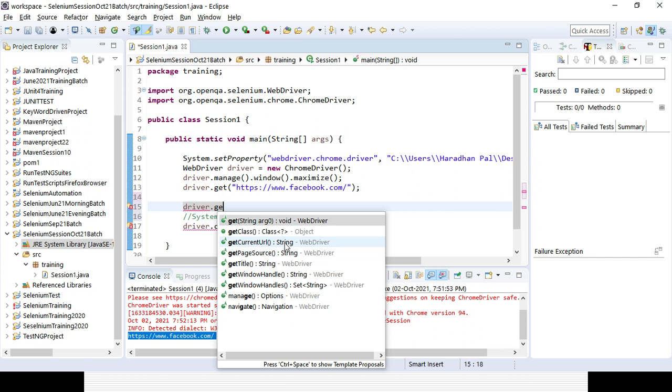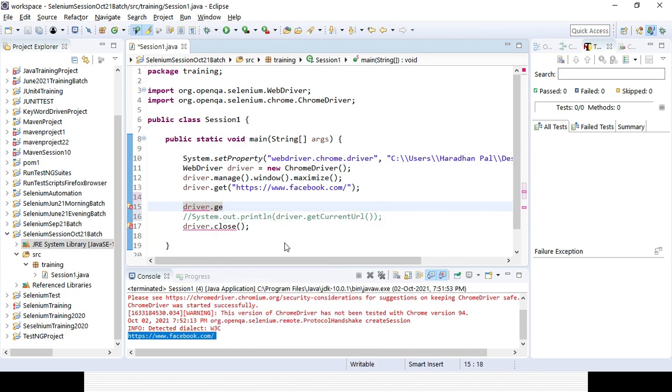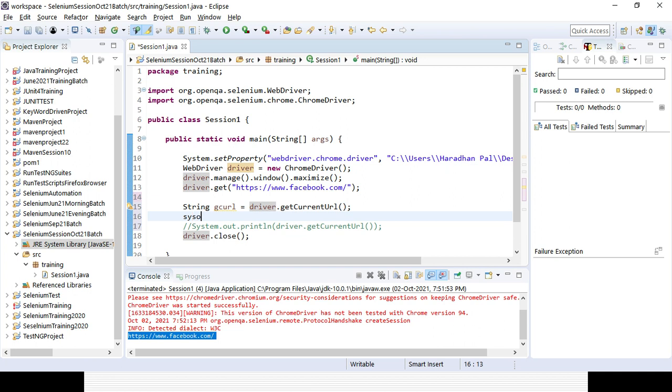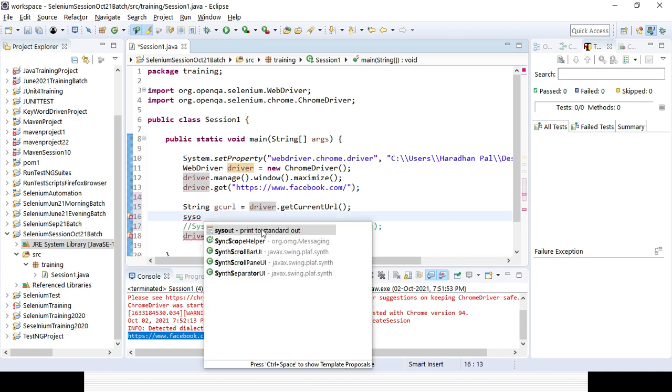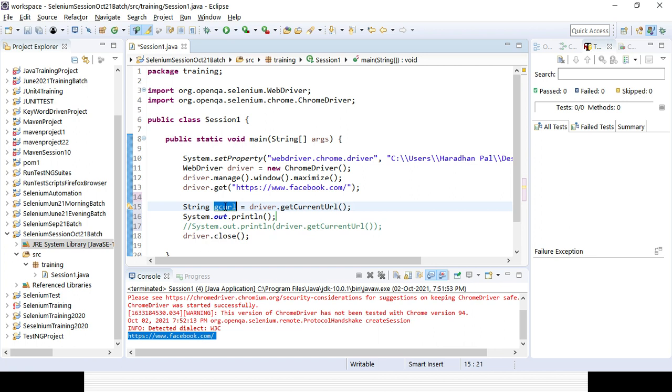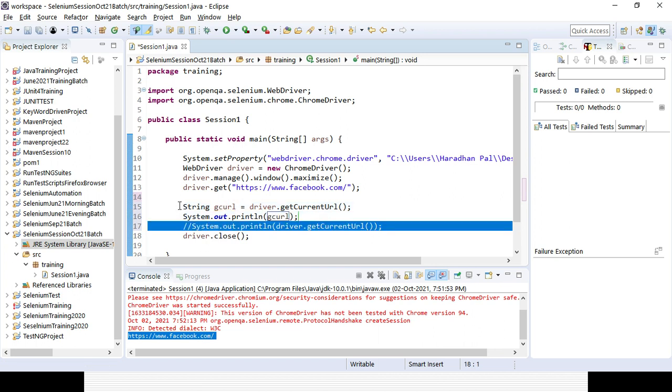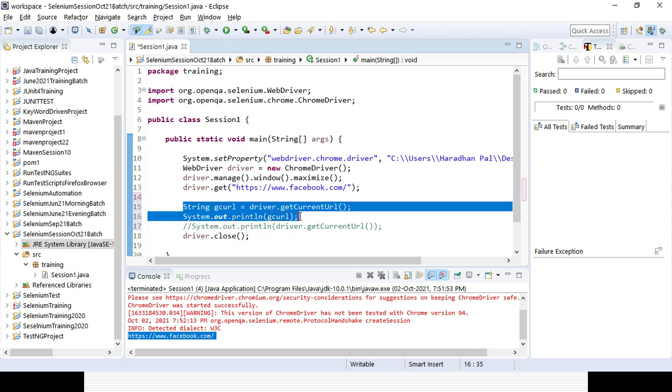No need to worry. In the Java session, it will be clear, and you will get more clarity. Okay, so I will be storing it in some string variable. Suppose the variable name I am giving is get current URL. That is the variable name I am defining, just like the driver I have given, right? Then I can print it out, instead of directly giving the line of code. So the output will still be the same. There is no difference between these two lines and this line, exactly the same.